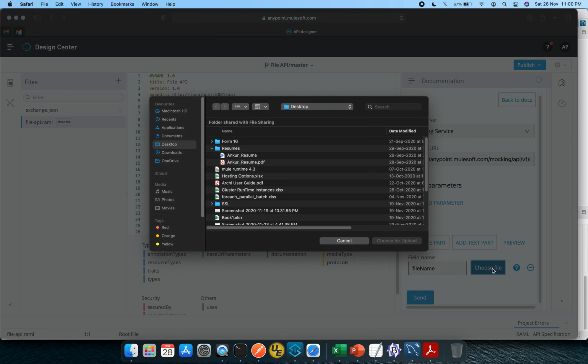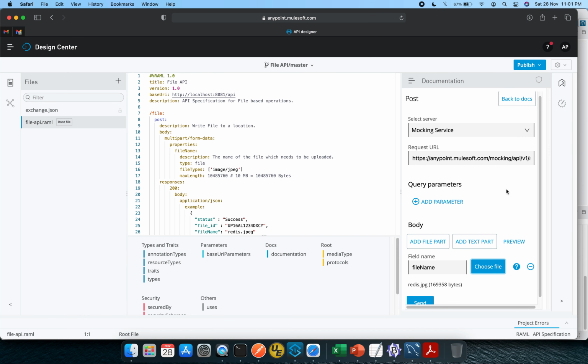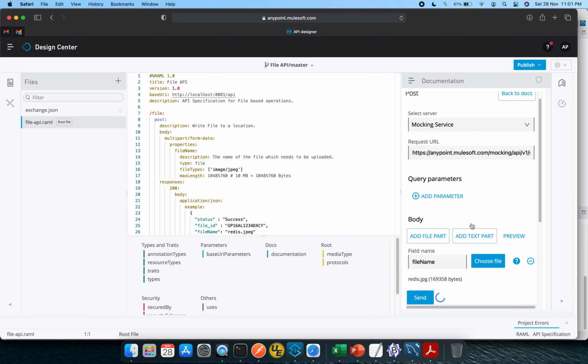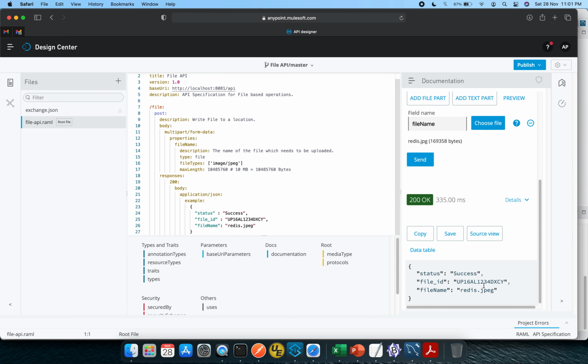I will choose one of the files I have used earlier and hit the send button. It gives me the same response which I have configured here. So it's all good, and we can publish it and take it down to our Anypoint Studio.